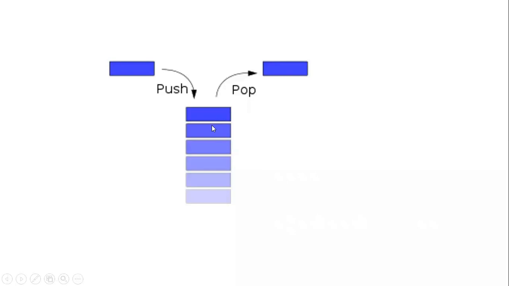Let us look at the figure here. Assume this is a stack and there is only one operation possible, from only one direction. If you insert an element from the top, we call it push, and you can remove an element only from the top, and that we call pop. So no other operations are possible in stack. In only one direction, we can either insert an element or remove an element.